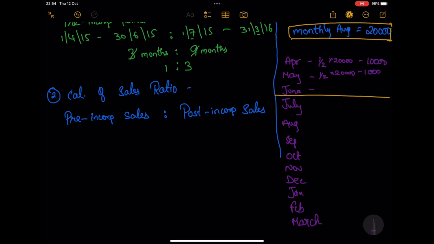For May also 10,000. Next line, August, September, October and January they have given. For these 4 months, average sales of each month, which means exactly as the average sales we have to take. So nothing but 20,000, directly we can write it. So 20,000,